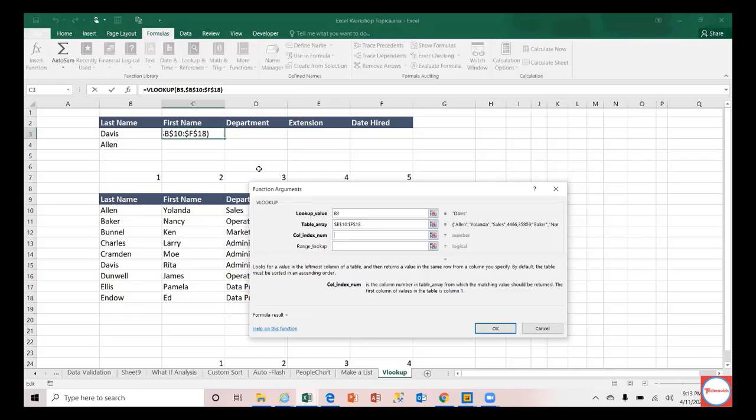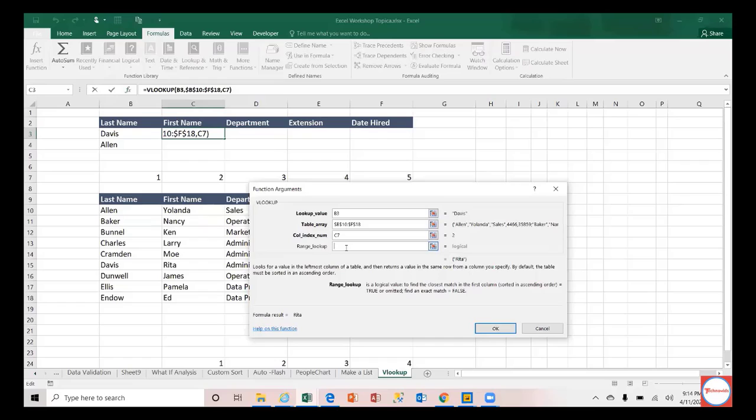So one option, you can use the column function, whatever I told. Column function. There is also one more option. Let us see that also. Right now what I can do is I can reference this cell. So I will reference this cell, and the range lookup. What is range lookup? Range lookup has two parameters. One is called false, other one is true. False means it's an exact match.